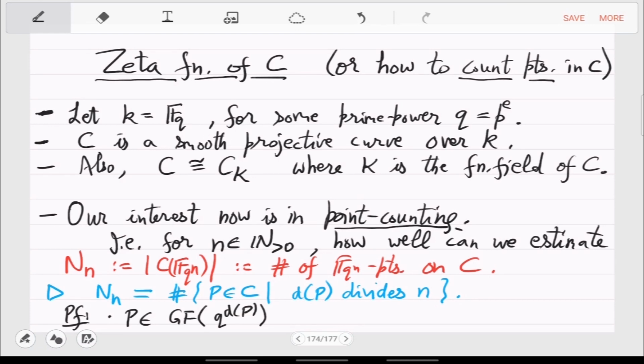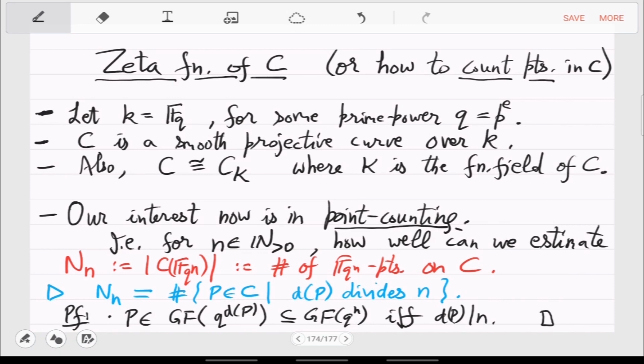Okay, so this will be contained in the Galois field Q to the n if and only if dp divides n. That's all. So by definition, a point on the curve lives in the finite field of size q to the